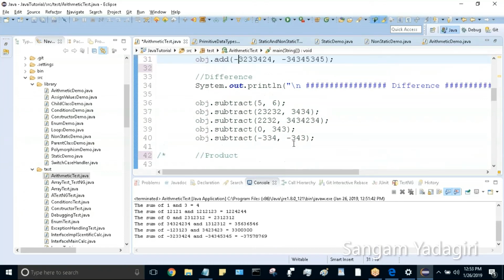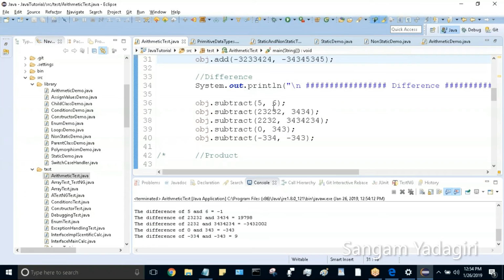Now object dot subtract, it will call, and it will ask you to enter some numbers for which you want to find the difference. So I entered 5 and 6, other numbers, some negative numbers, some 0 and other number, and it will find the subtraction of all of these. So all you have to do is object dot, and you can autofill it or select from the list, or you can type it also, it doesn't matter. Now if I run it,